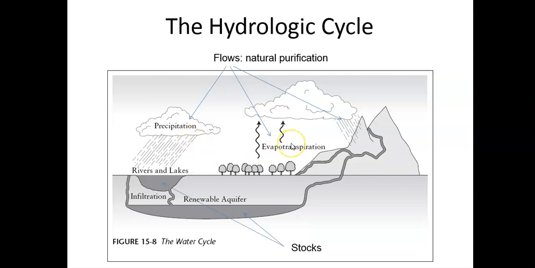So the flows of water being the evaporation, so water leaving the earth, going into the clouds, because that's what creates the ability for the clouds to give us the precipitation, where we get new water that replenishes the stocks, the rivers, the lakes, the aquifers,